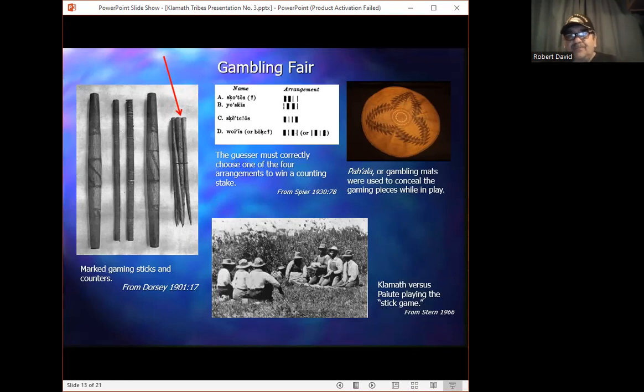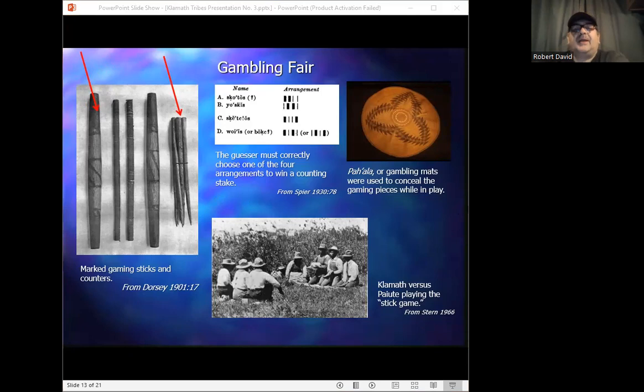Now, on the blanket between the players was a set of 4 marked gaming pieces like the ones you see here, and a skin or a woven mat called a pa'ala, which was meant to conceal these pieces during play, located right here.